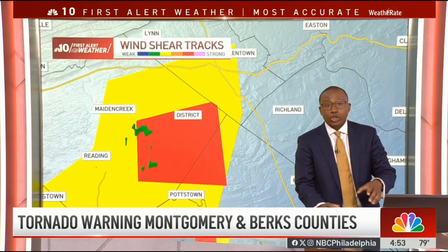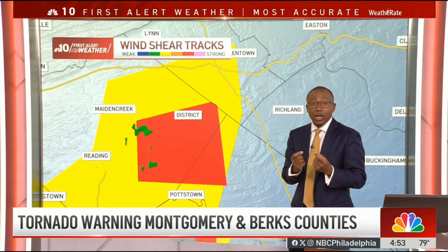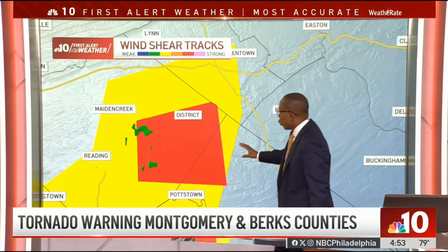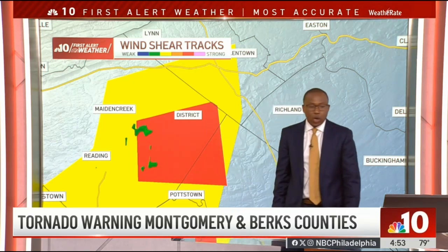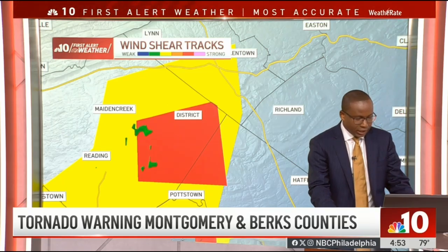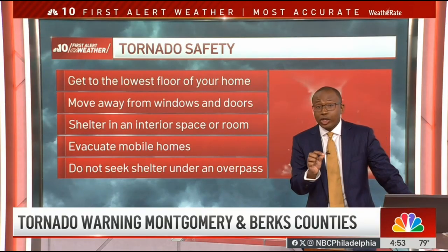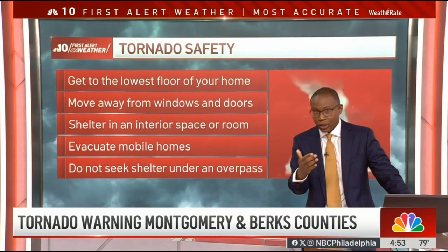Something we also like to show you are wind shear tracks, areas of rotation, and we have seen areas of rotation with this storm even before the tornado warning was issued. Something else I also want to show you is good safety tips, so that way you know where to go. And over the past several years, our region has gotten a lot of practice, unfortunately, with where to go